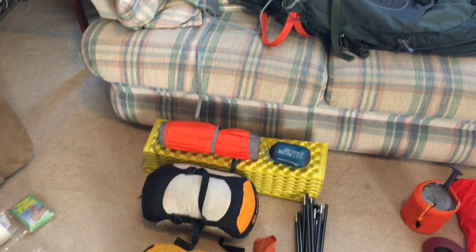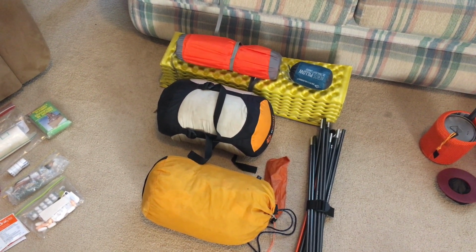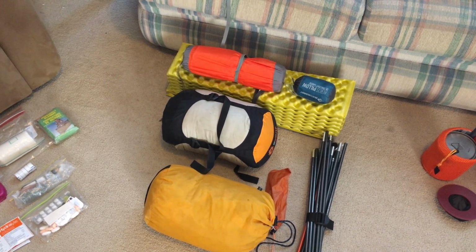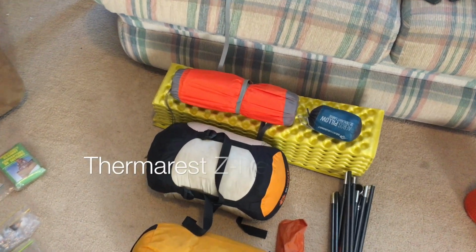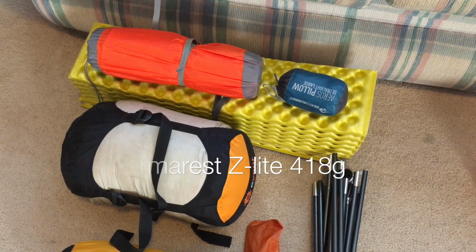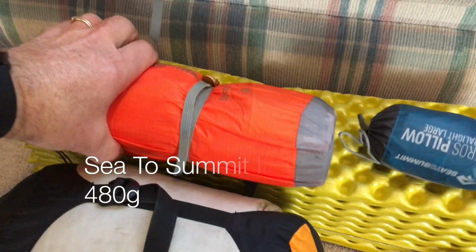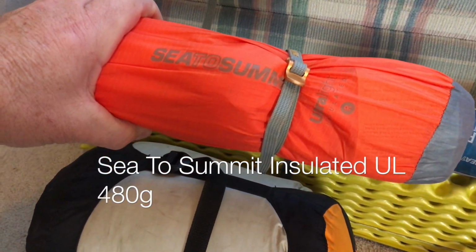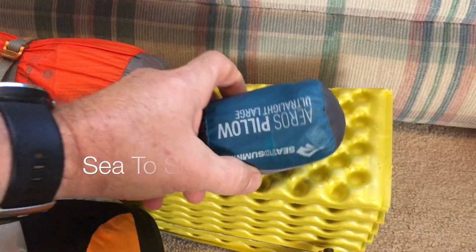So let's start with the sleep system here. That is the sleep system, and yes, I do have 2 mattresses. 2 reasons. I really want to sleep well. It's 21 days, 20 nights out in the desert, and so I'm carrying the Thermarest, just the Z Light, and also the ultralight Cedar Summit mat. It is insulated. It's going to be cold out there, so it's the ultralight insulated,